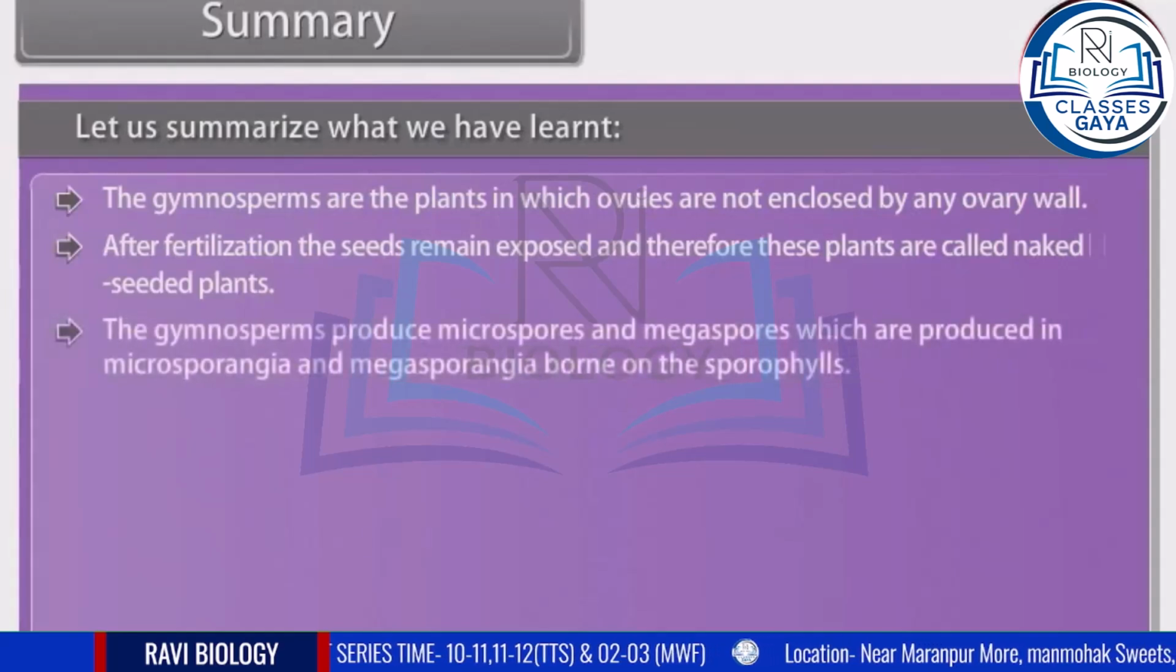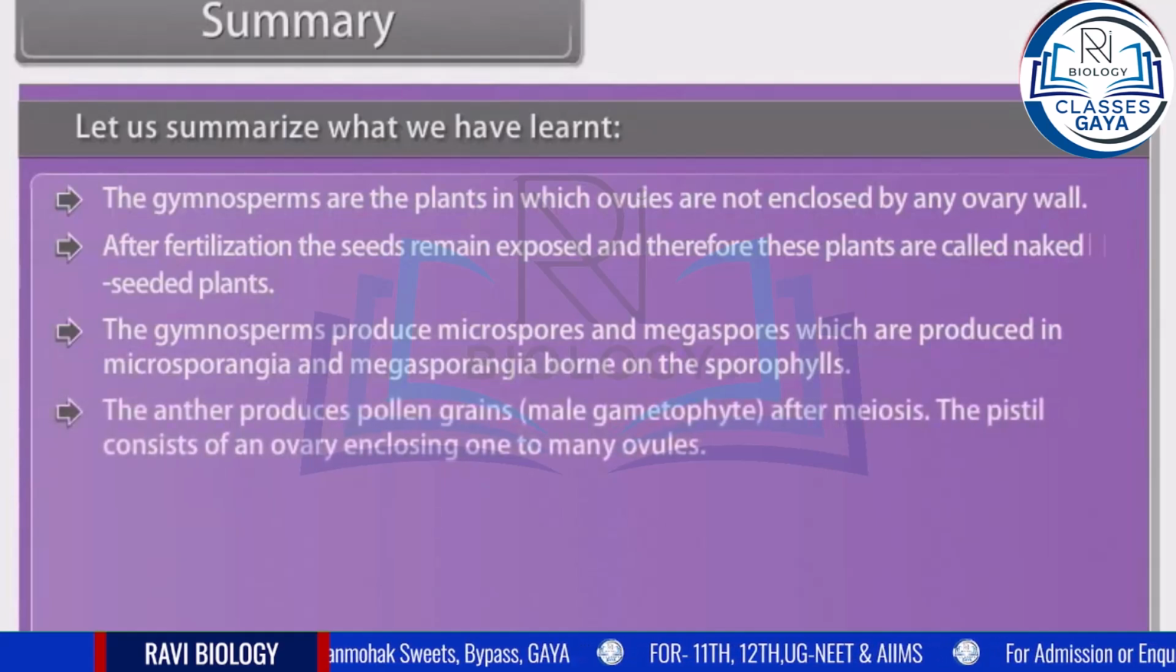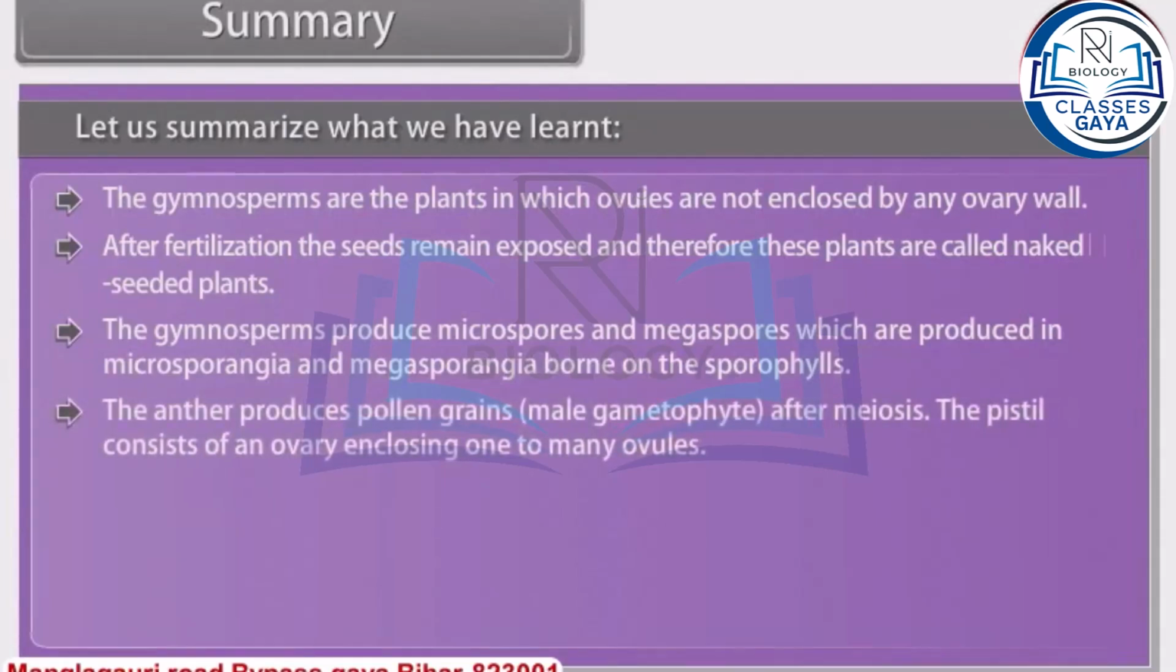The gymnosperms produce microspores and megaspores, which are produced in microsporangia and megasporangia borne on sporophylls. The anther produces pollen grains, male gametophyte, after meiosis. The pistil consists of an ovary enclosing one to many ovules. Within the ovule,